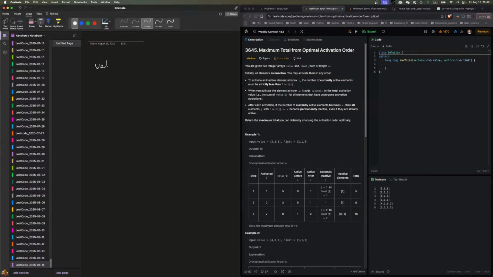So value actually doesn't really matter too much, and limit I think is more important. 2 1 3. All right,